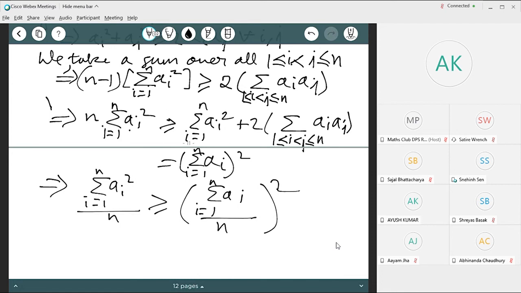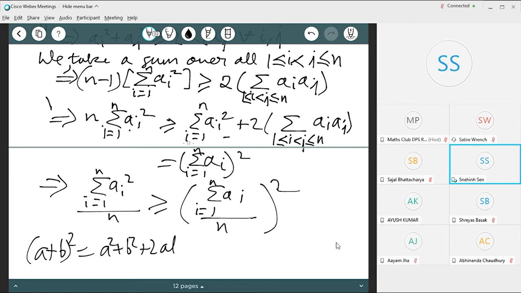Okay, so this thing, the right hand side over here, sigma ai squared, the sum of all ai squares, plus 2 times the sum of each different ai aj. This is nothing but sigma i equal to 1 to n, ai, whole square. This is the sort of thing, if you open the square, like a plus b whole square is equal to a square plus b square plus 2ab. Note that over here we have the square sum and 2 times the different things which appear inside the bracket, their product,